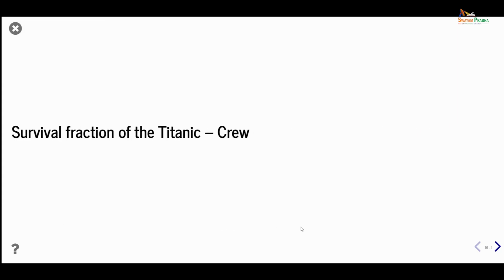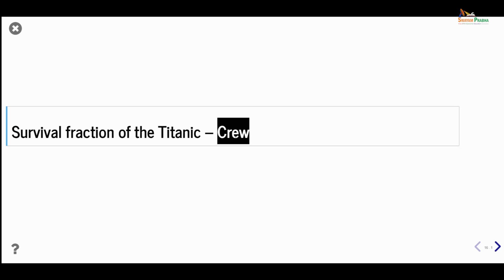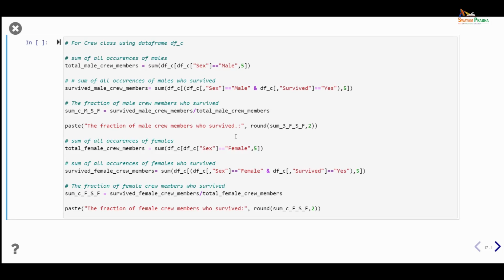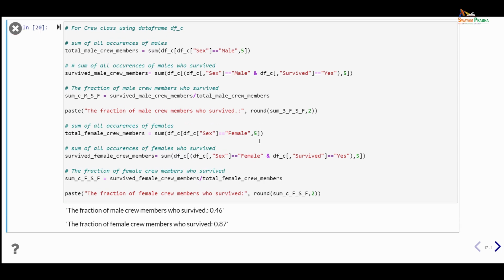So the next thing is the survival fraction of the Titanic crew. We have another data frame where we have the details of the crew members. So we're going to look at the same fraction details. Instead of using df3, I've used df_c in order to get the fraction rate for female and male. Once you execute this, you'll see the fraction of male crew members who survived is 0.46 and the fraction of female crew members who survived is